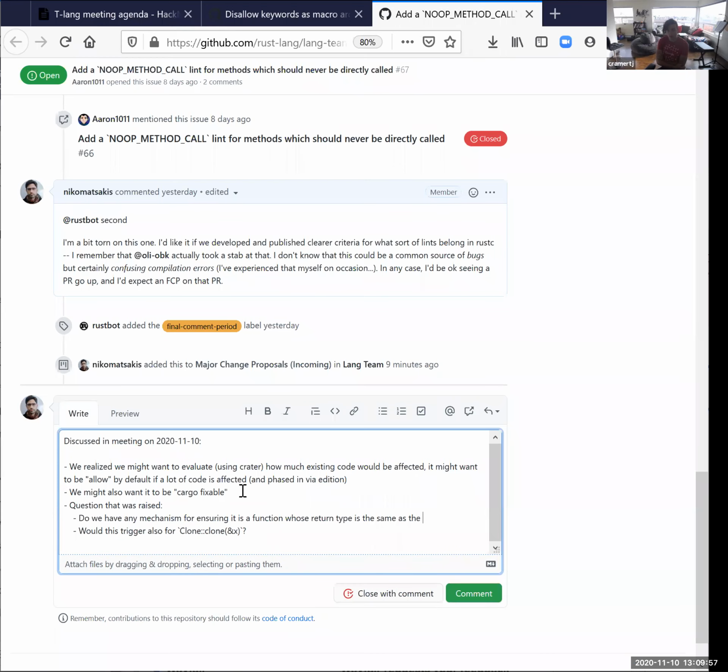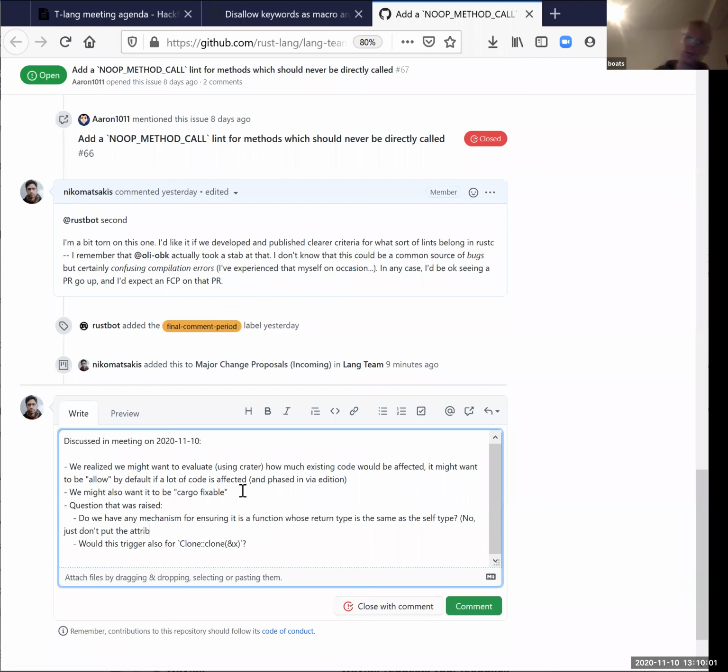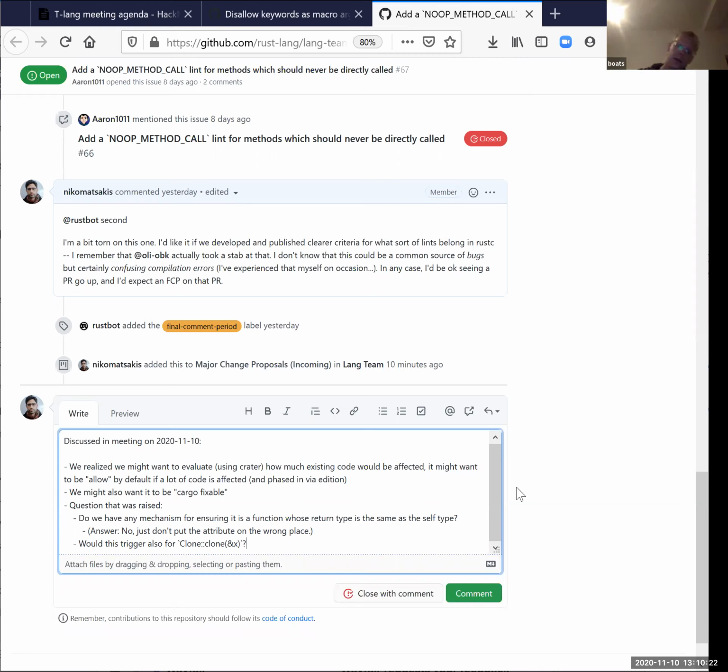Go ahead. Well, yeah. So I was just thinking maybe there are a lot of people who have this without realizing it, and then will trigger the lint, and then we don't want that to be an experience where you update your Rust compiler and you have 20 warnings that you have to go and fix in your code base. That's all. Okay, that makes sense. Yeah. And if that's not the case, then I really don't care. But if you can turn it on, I'm happy to make it allow immediately if it seems like it's not common.